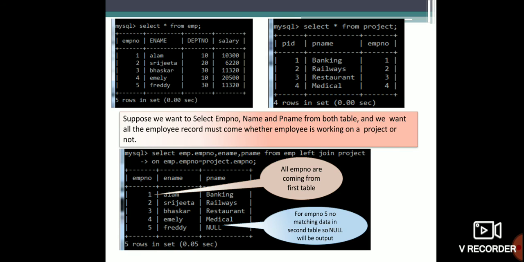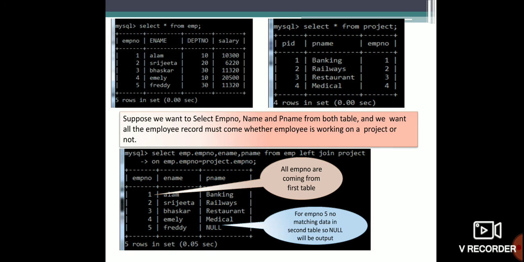These three columns I have to display, and then I write from which table I have to take: employee left join project on employee dot employee number equal to project dot employee number. So what will be the output? 1 2 3 4 5 and all this output will be shown. Since for the fifth employee number the PID and P name are null, there are no entries mentioned.